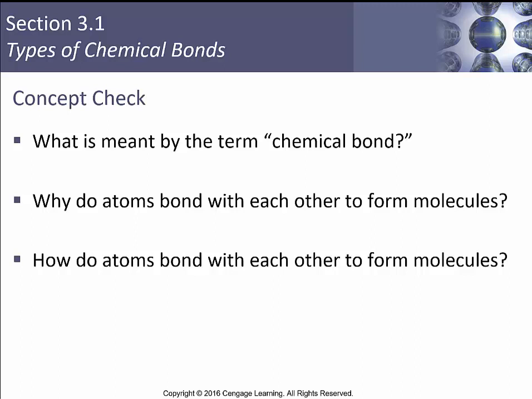Why do atoms bond to form other molecules? Because we want to reach that lowest energy state, right? That's often achieved by forming a complete octet, so that those electrons are going to be in that stable octet noble gas configuration. How do atoms bond to form other molecules? Well, it can either be covalent or it can be ionic. One of our determining factors in this, right, do I have a covalent bond? Do I have an ionic bond? Do I have a polar covalent bond? Is something called